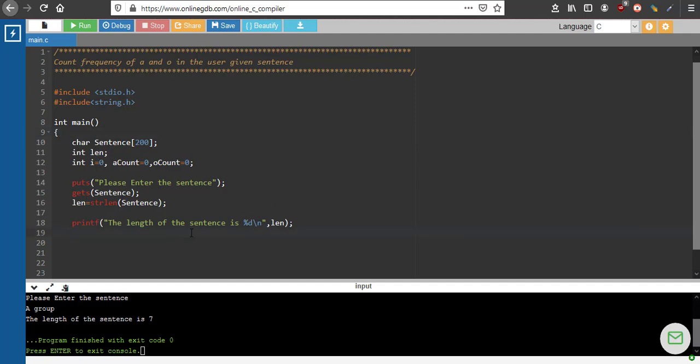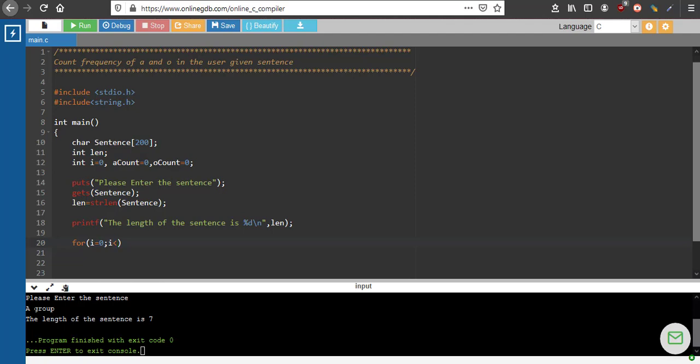Okay, i is to iterate from 0 to 6. So I'll use a for loop now. i equal to 0, i less than. So till what value do we have to iterate? So here there are 7 characters. So 1, 2, 3, 4, 5, 6, 7. So you have to remember here 7 is the number of characters. But what is the index of the last character? So index of A is 0.